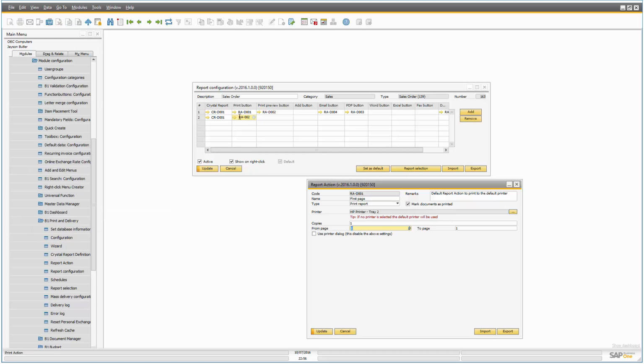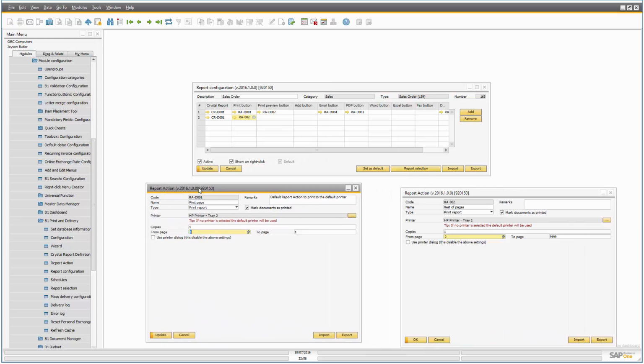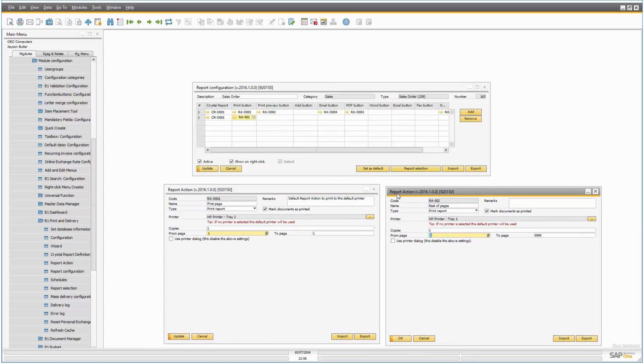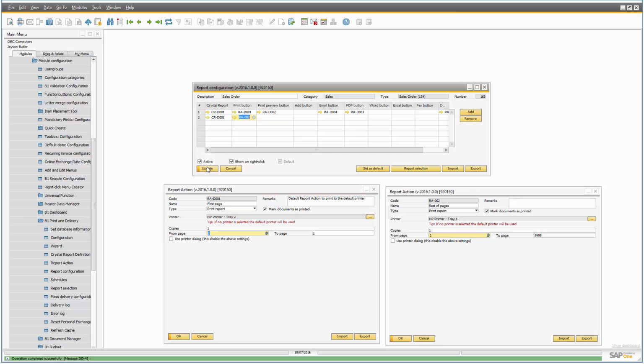So looking at these side by side, let's have a look. We can see we're basically doing the same, but this is just page 1, this is the rest of the pages, this is from tray 2, this is from tray 1. And in doing so, if I were to print a sales order with 3 pages, the first one would go into this one, and the rest of the pages will go into this one, and in that way solving the